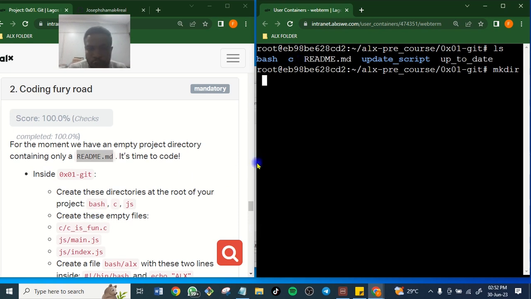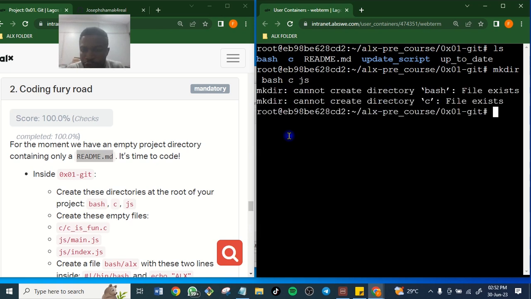I have to remove them so that I can recreate them. Bash c and js. Cannot create directory. Oh, sorry, I'm making a mistake. Let me use rmdir. Good. rmdir bash c js.